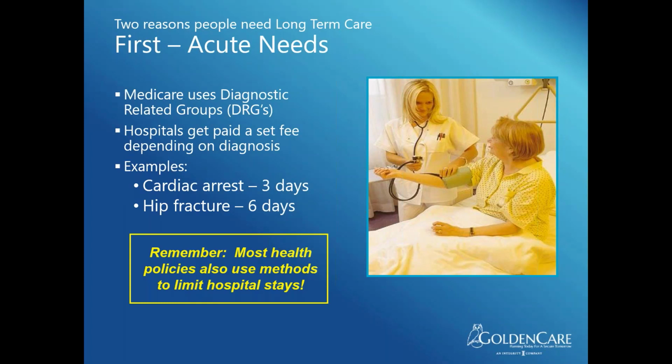So Medicare uses these diagnostic related groups, DRGs. If you don't understand what those are, let me try to explain them to you. So in other words, Medicare has a DRG, or a diagnostic related group, for every health condition known to man, whether it is a cardiac arrest or a hip fracture or whatever, and they're going to reimburse the hospital for 6 days or for 3 days. So this is another reason why I tell folks, and they already know this, they're not keeping folks in the hospital very long anymore. They're going to move you out of that hospital and get you to a rehab center, nursing home facility as quick as they can.